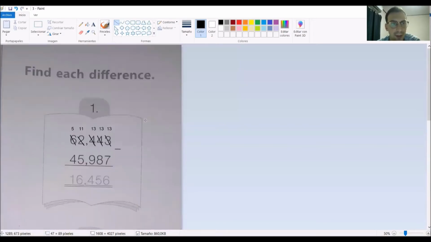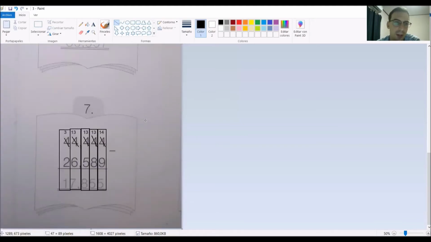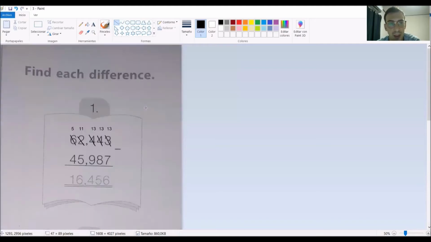Okay, so here you have 3 different ways to do subtraction with regrouping. You can choose the best for you, the easiest for you, and you can put it in practice in this page because it's going to be homework for you, page number 77. Okay, the next thing I want to show you is how to do